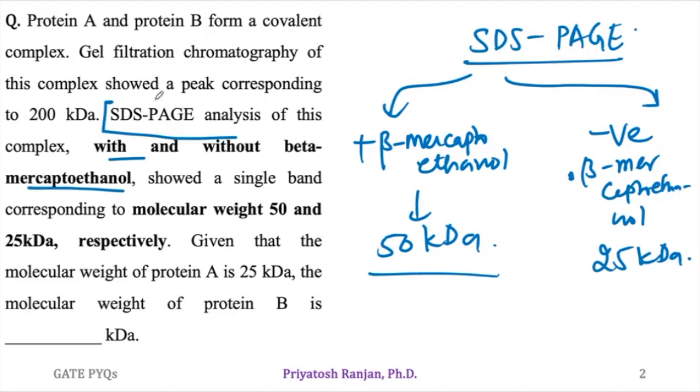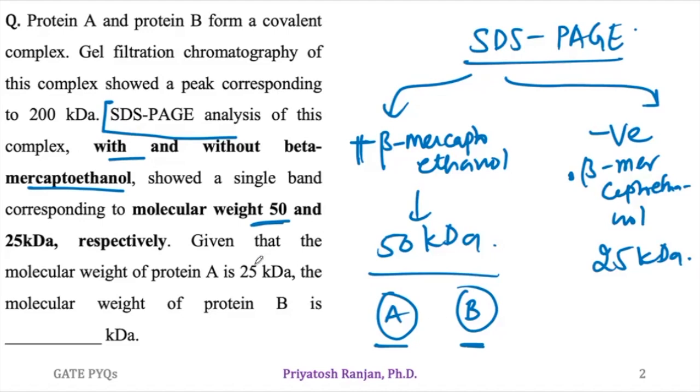So as you can see, SDS-PAGE analysis with beta-mercaptoethanol showed a single band corresponding to 50 kilodalton. Now, what does that tell you? There are two proteins, A and B, and those are not held together with the help of a disulfide bond. Why I'm saying so? Because if I'm using beta-mercaptoethanol, and if they are held together with a disulfide bond, then the beta-mercaptoethanol will cleave those bonds, and you will see bands corresponding to A and B,